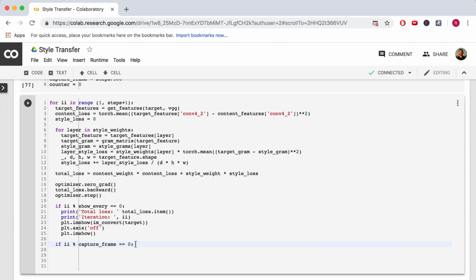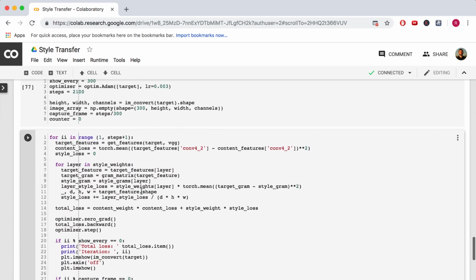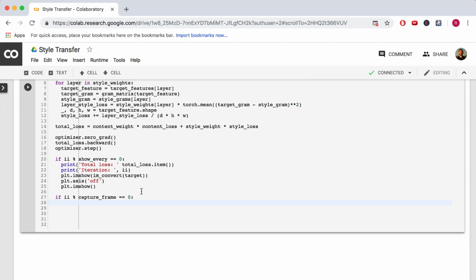So now whenever this condition is met, we want to store our current target image into our image array. As we don't want to consume too much memory on the Colab notebook, and images can consume a lot of data, we have limited the size of this array to 300 images. You can play around with this number as you desire, however, too many images will cause the Colab notebook to crash. So now we access our image array and set it equal to our target tensor as an argument within our image convert function